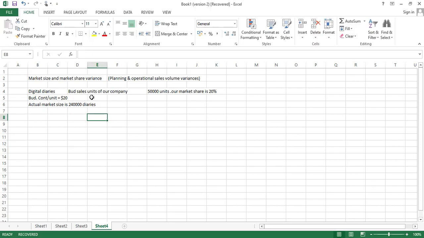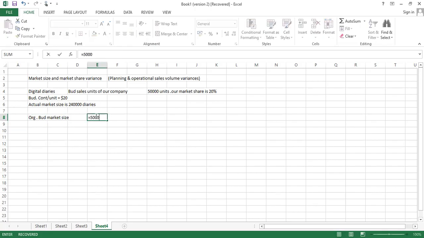Here the question is saying budgeted sales of our company is 50,000 units and our market share is 20%. The question did not tell you the original budgeted market size. So first of all you will calculate original budgeted market size